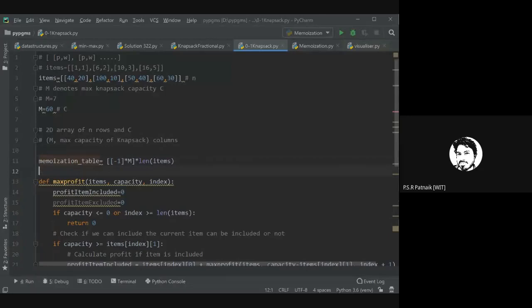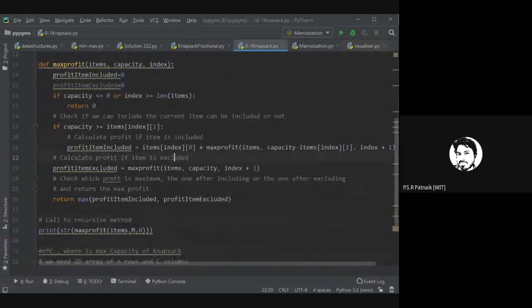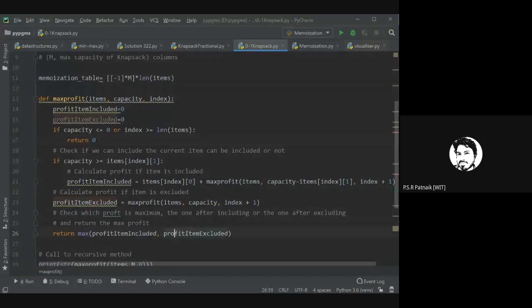Memoization table. So now if I have a memoization table, I need to just put this inside my code. So can you tell me where I should do it? Generally, whatever you're doing here, recursive calls, this has to be included here. So ignore the base cases.